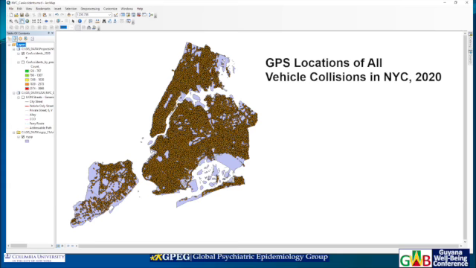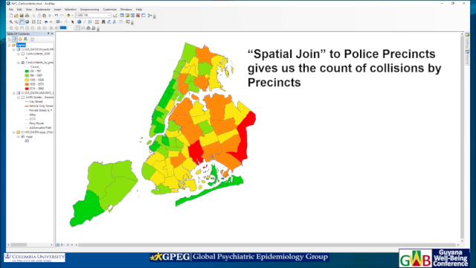So here are all the different dots all over New York City. And then we want to know where the collisions are. Well, we can do an aggregation to the polygons, as we've done before with the zip codes. And here it is to the police precincts. And we see there's some areas in red that are highlighted here. Again, very close to the Guyanese population that we saw before. The challenge here is that with polygons, you have to assume that the distribution of the collisions is equal across the entire polygon, which, if you have the actual locations and dots, is not the best approach.